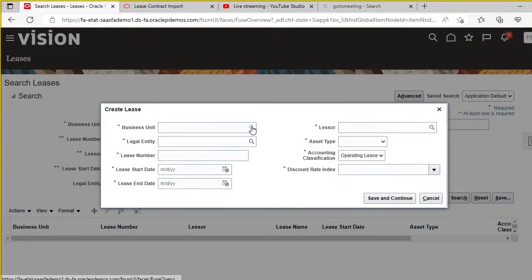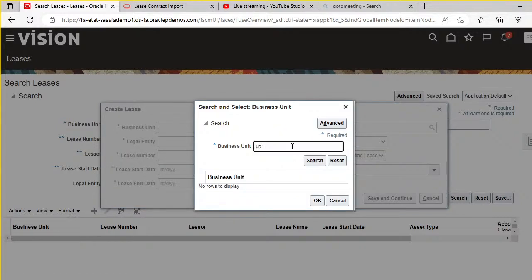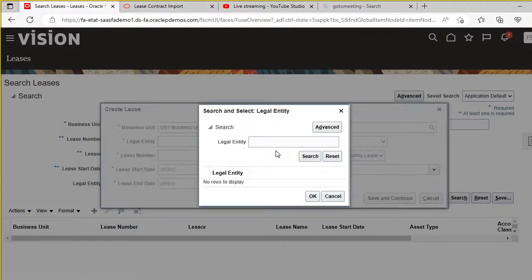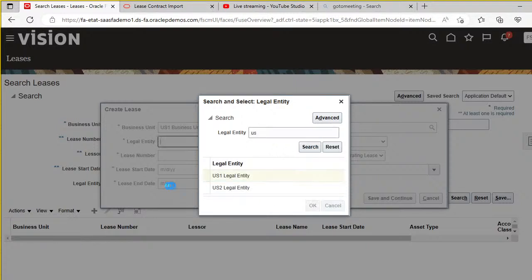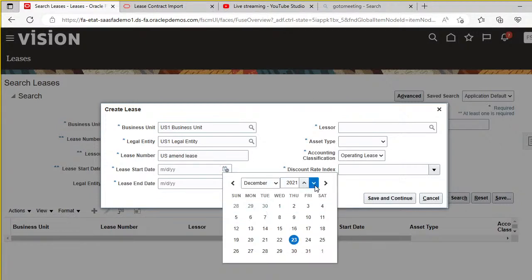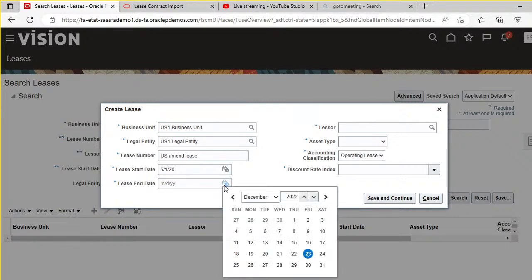So first we will give business unit, legal entity, lease number, like for practice I'm giving US, amend lease, taking a start date as say May 1st 20, and end date take it as like we are creating for 18 months, then it will be 21